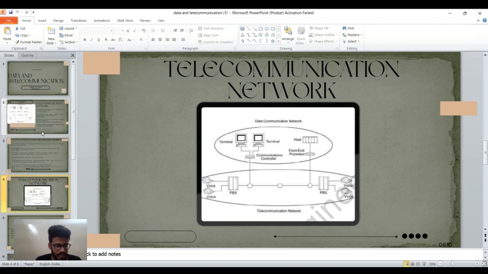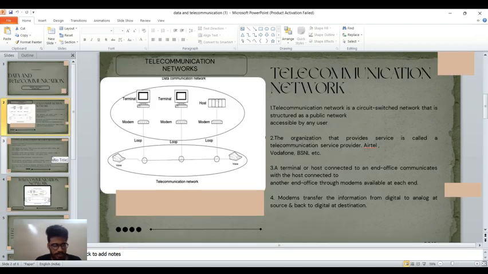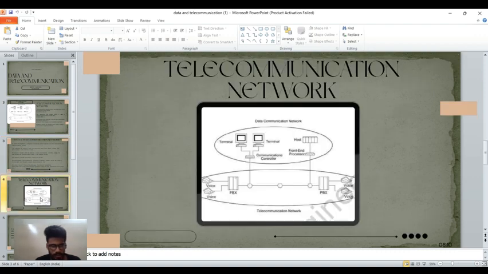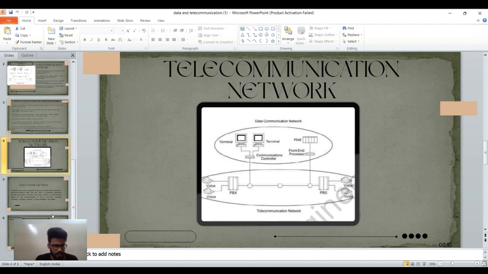They will be connected in a loop with the PBX, which, as we already know, is the private branch exchange. With the help of both systems connected in a loop with the PBX, for all this we need two PBXs. This basically transmits the voice. So, this is what the telecommunication network basically does. Then coming to the next slide,